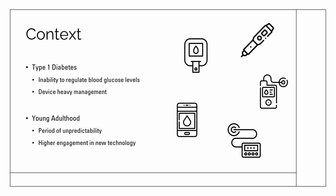The condition has benefited from many recent advances in management technology, resulting in many people having multiple devices in their self-management ecosystem. Closed-loop systems, the state-of-the-art of diabetes technology, link together an insulin pump and a continuous glucose monitor using an algorithm to automate part of the management process. The mix of these different devices and the links between them are what makes type 1 diabetes such a valuable